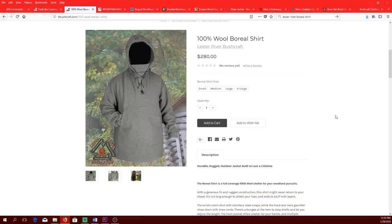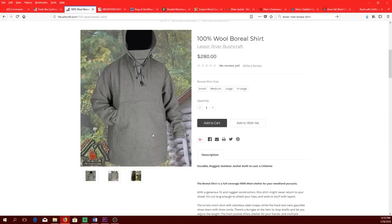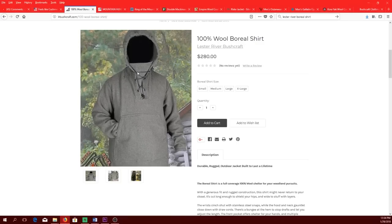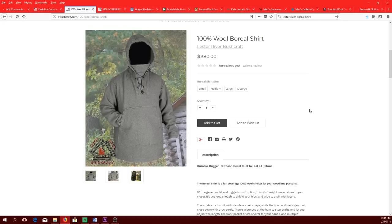This is the Leicester River 100% wool Boreal shirt. This is made of basically shrunken wool blankets. It's a very nice anorak. I own one. It has some features that are unique, like the center pocket divider here. It's got this neck coverage area. But in general, this is an extraordinarily rough wool. This is not something that feels good against your skin. It's not something that's comfortable to wear